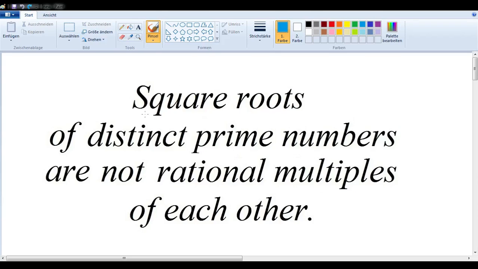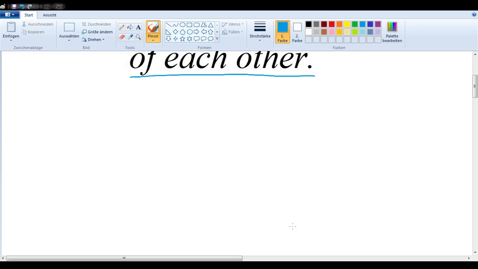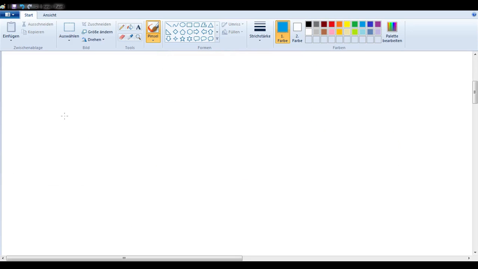In this video, we want to prove that square roots of distinct prime numbers are not rational multiples of each other. So let's take a look at an example to see exactly what it is that we mean by that. So if we have distinct prime numbers, let's say 2 and 3, and we take the square root of each one,